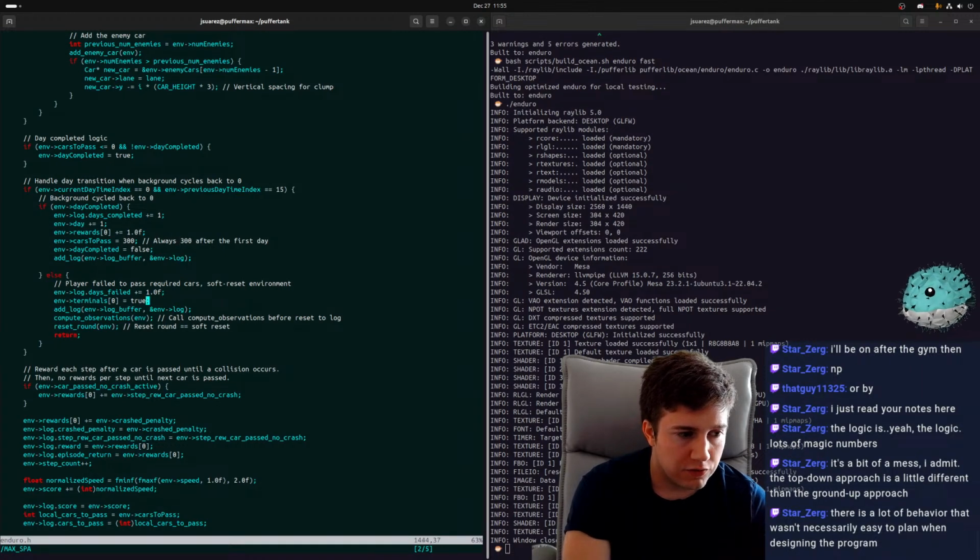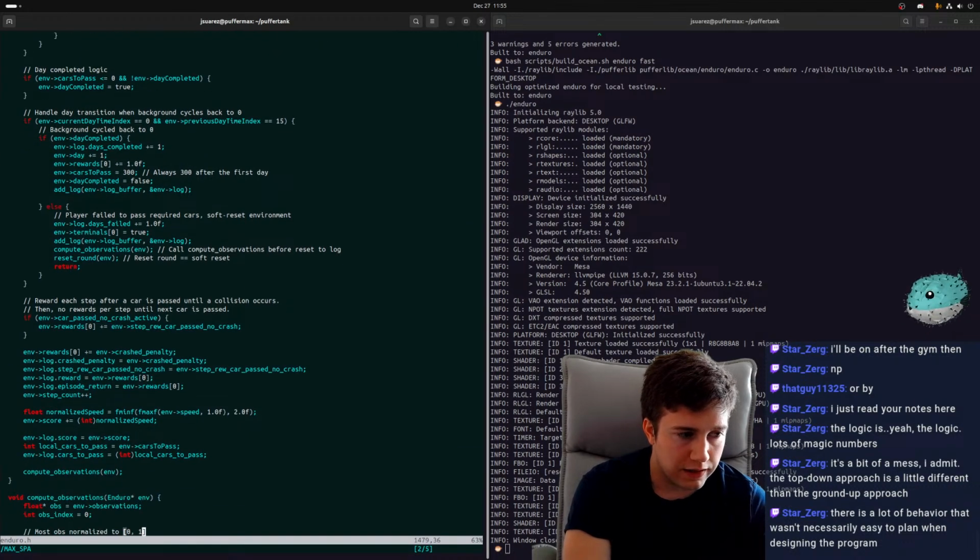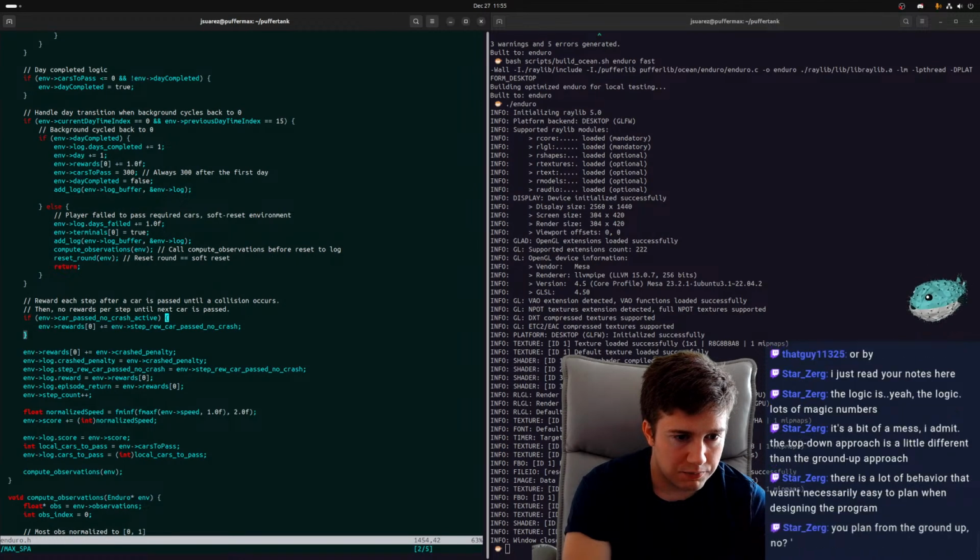A lot of behavior that wasn't necessarily easy to plan. Yeah, that's normal. That's true of any substantial application, Bet. You don't just plan everything from the top down. That's not how programming works. People try to do that, they fail miserably, and then they end up rewriting it 5 times anyways. Coding is an iterative process. You plan